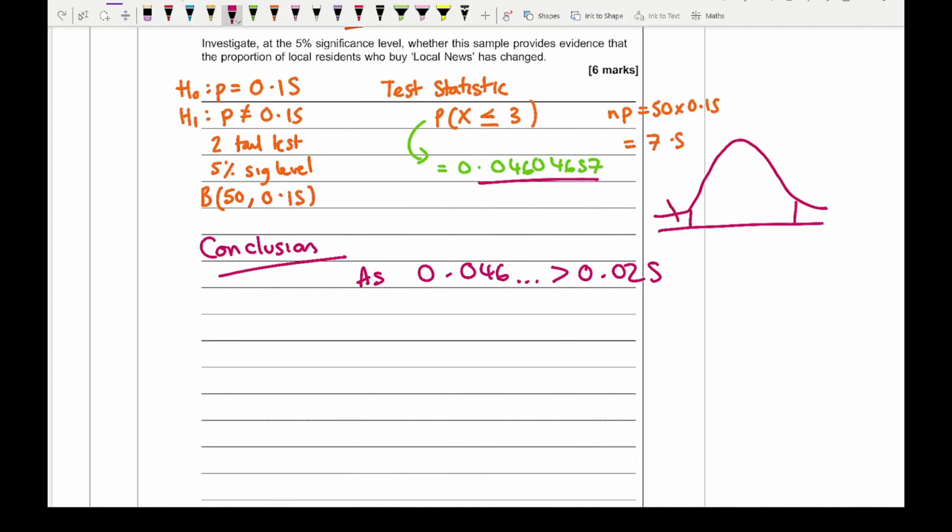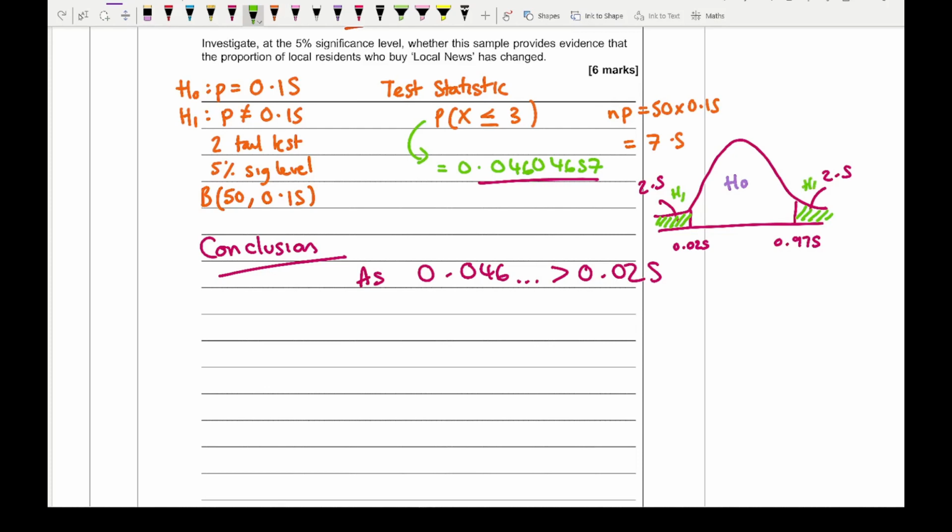We've got a two-tail test, so this is the 2.5%, there is a 2.5%, and so this number here is 0.025, and this number here, if we think about it as a scale, is 0.975. This middle bit here is my H0 region, where I accept H0,